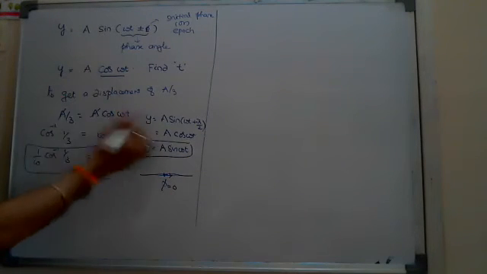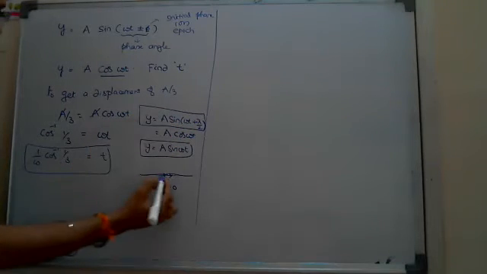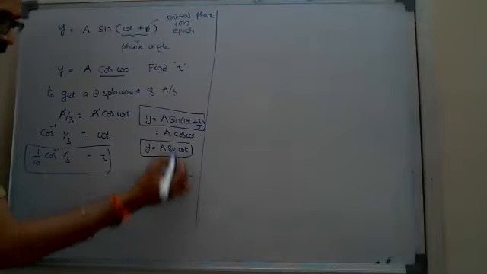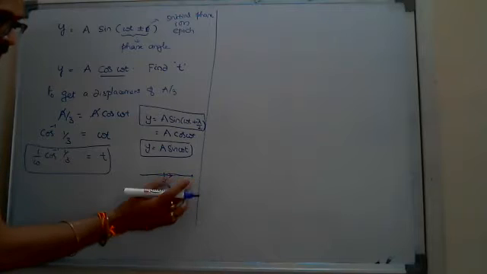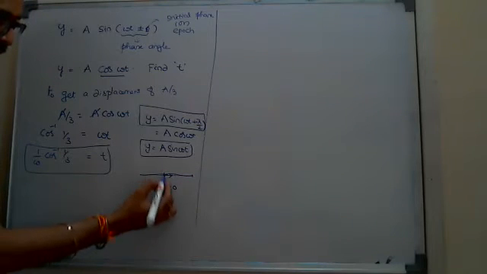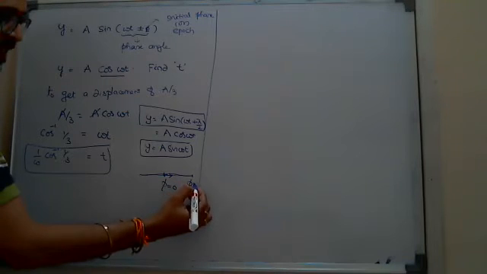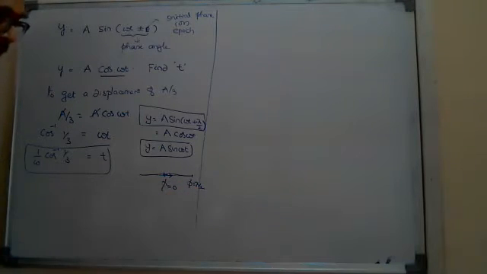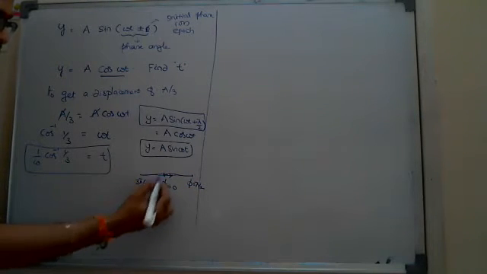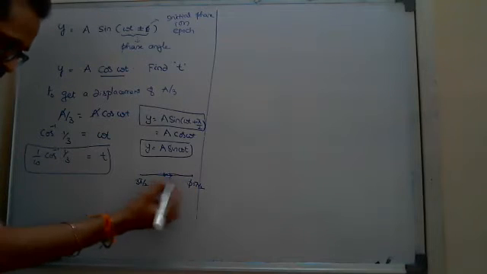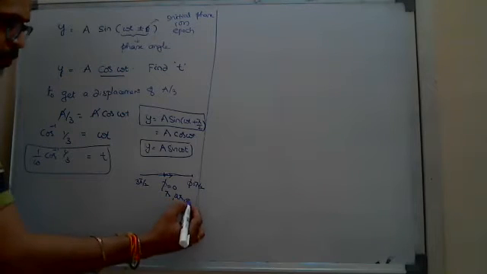But here the given equation is y is equal to a sin(omega t plus pi by 2). Plus pi by 2 means it already has some initial phase, pi by 2. Going from the mean position to the extreme position, if you measure the phase angles, at the mean position we say the initial phase is 0, and at the extreme position the initial phase is pi by 2. One extreme is pi by 2, the other extreme is 3 pi by 2, and the mean positions are 0 and, as it comes again while oscillating, pi, and again 2 pi, and so on.